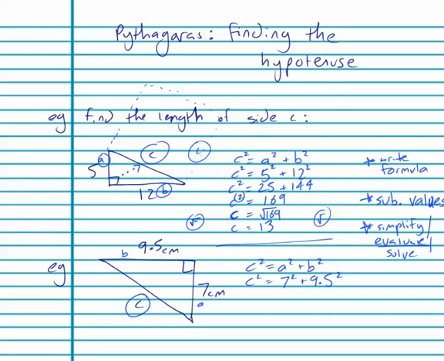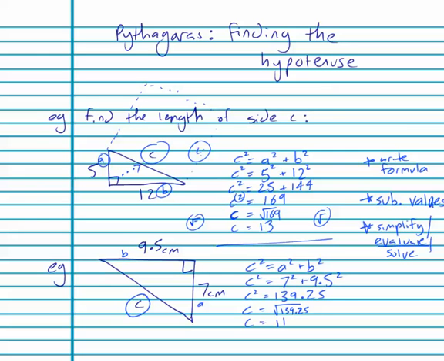You can just get your calculator and do 7 squared plus 9.5 squared, and we get 139.25. Now that's C squared. Always remember to get the square root to get to C. We definitely need our calculators for this one, so grab the calculator. The square root of 139.25